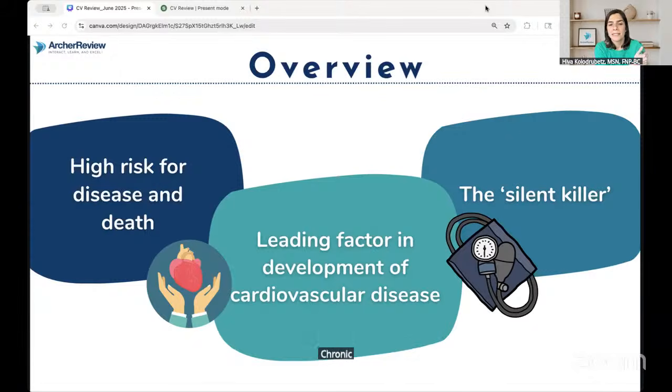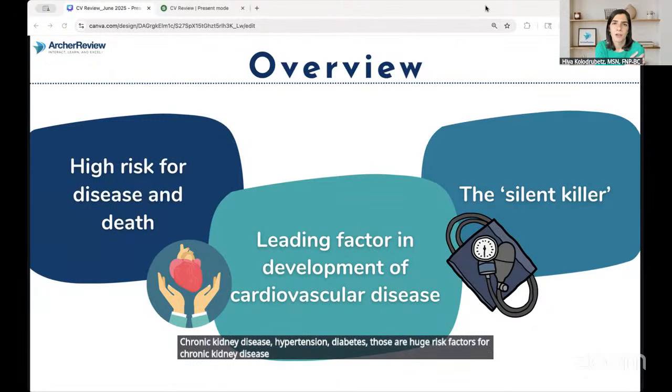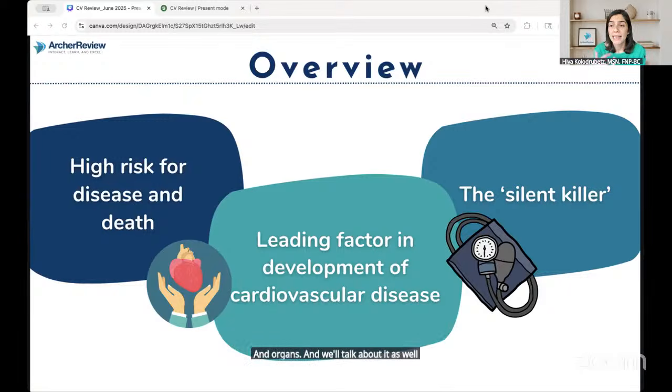Chronic kidney disease, hypertension, diabetes, those are huge risk factors for chronic kidney disease. So it puts a lot of pressure on those end organs, and we'll talk about it as well. But it's worldwide. It's a silent killer because oftentimes when I start talking to my patients about their blood pressure,